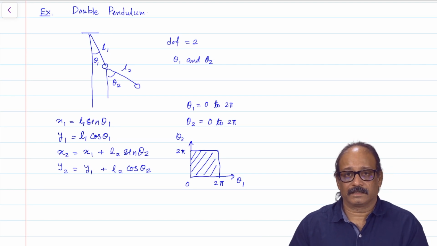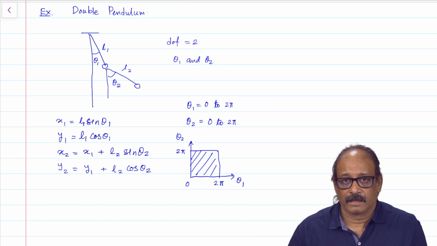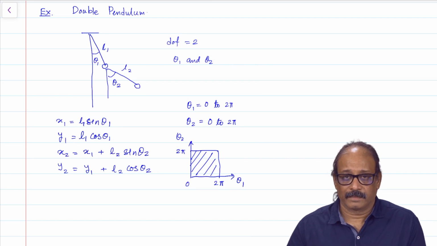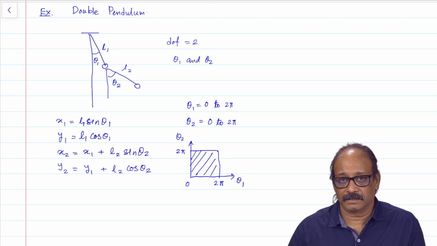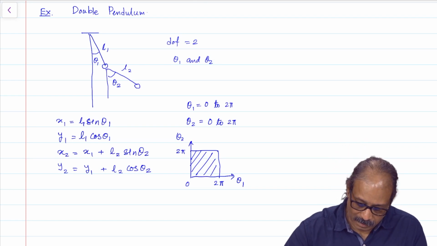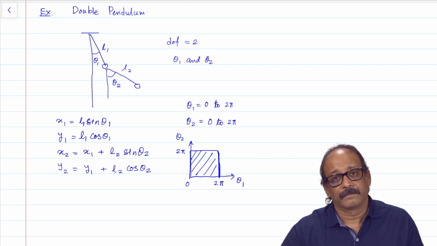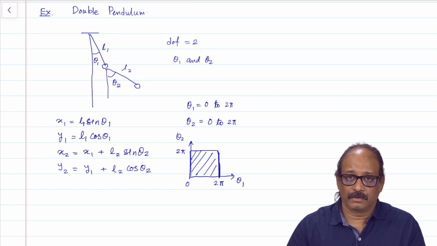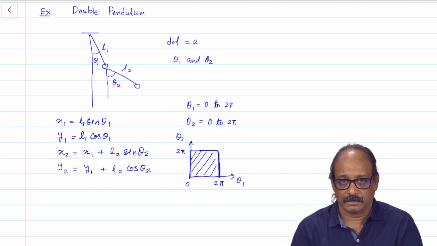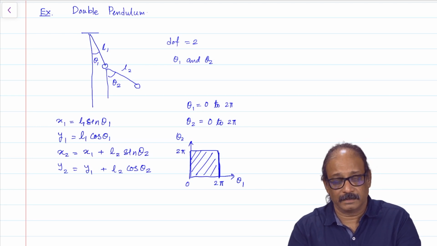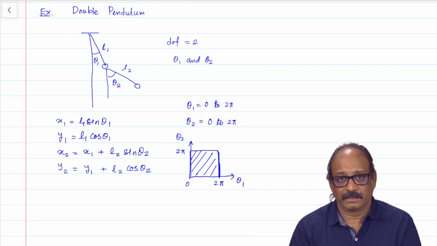But you see, the geometry is like this. In this case, theta 1 is equal to 0 and theta 1 is equal to 2 pi. These 2 points are not different from each other. So, the entire line here and this line here of the configuration space are same. So, what I am going to do is in fact fold this plane region and join theta 1 is equal to 0 line to theta 1 is equal to 2 pi line. What does that make? That makes it into a cylinder.